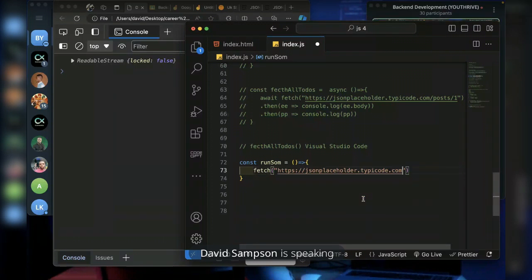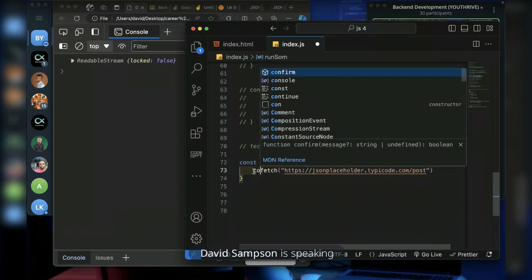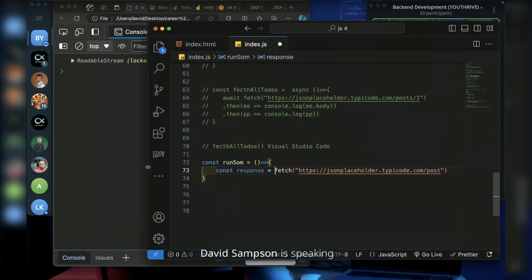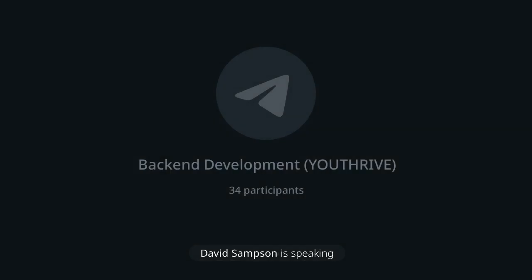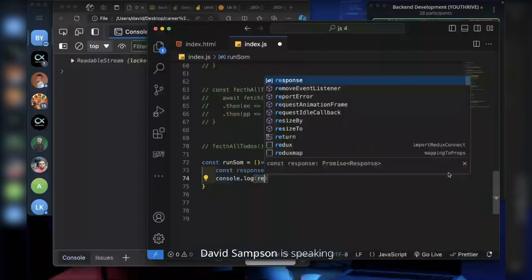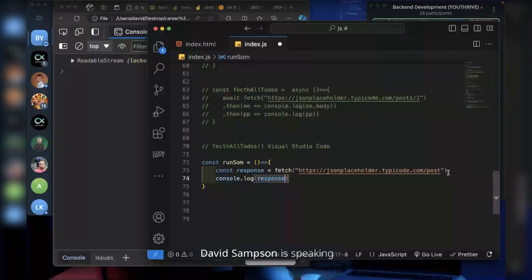But the resource that I want, I can pick any of the resources. So I will go with post. You can go with any resources you want. Now, this is going to return a response. That response that will be returned, I want to store it inside a variable called response, or call it anything you want. When it returns it, I store it inside there. Then I can console log it to see what is inside the response. I hope this makes it simpler for you to understand.